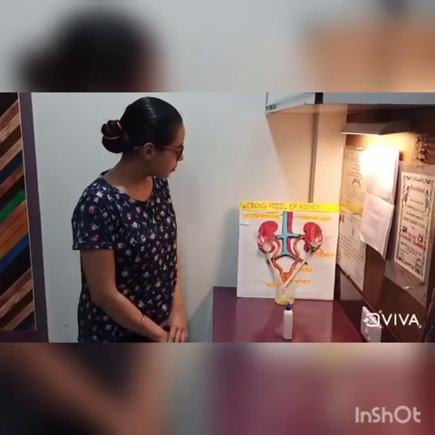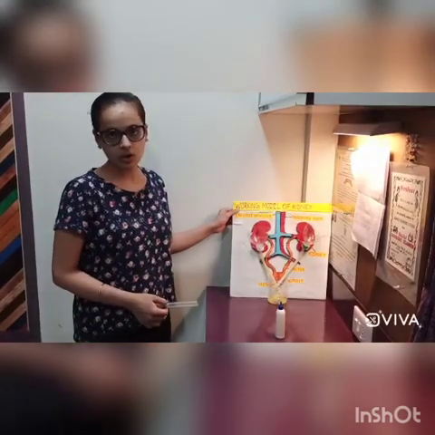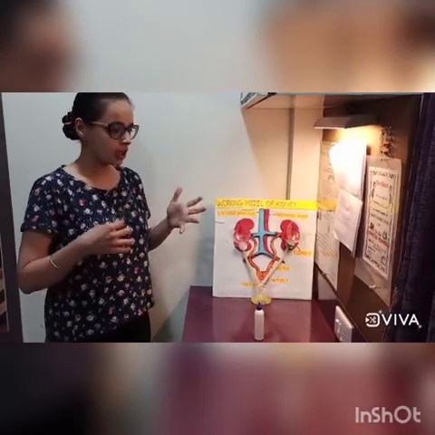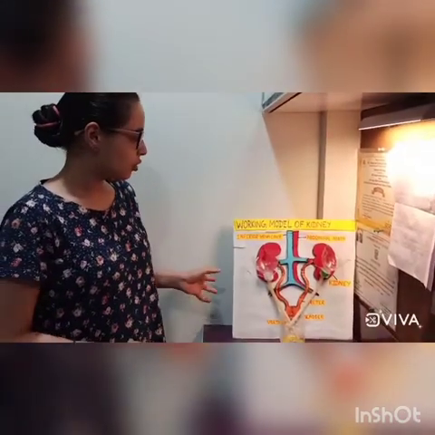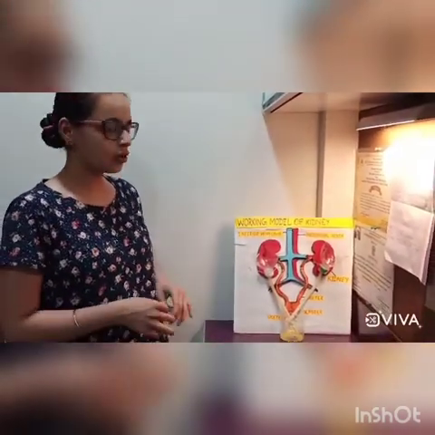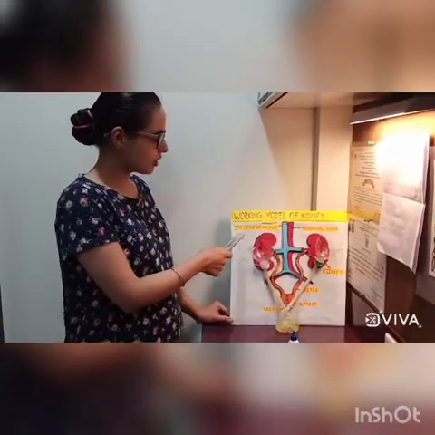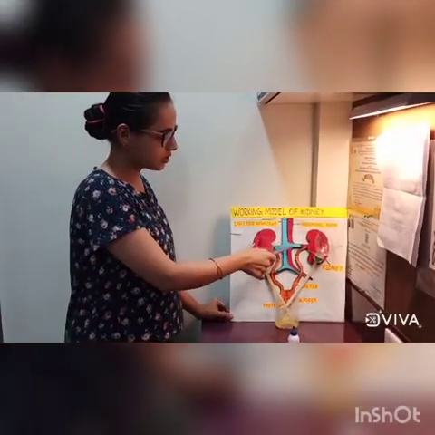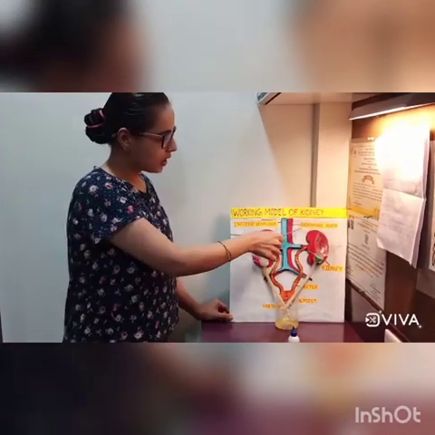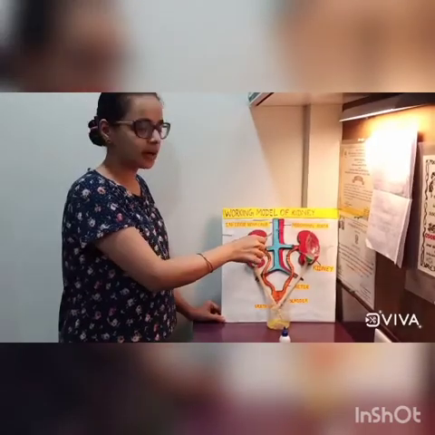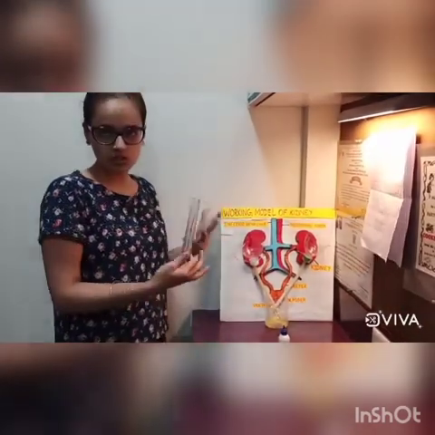And herein I present my working model of the kidney. This is a working model, meaning there are some activities happening, and it is in the form of a 3D structure. The kidney is a part of the human excretory system, as you can see over here. You can see the inferior vena cava, which carries the deoxygenated blood, and the abdominal aorta, which carries the oxygenated blood, indicated in red color.